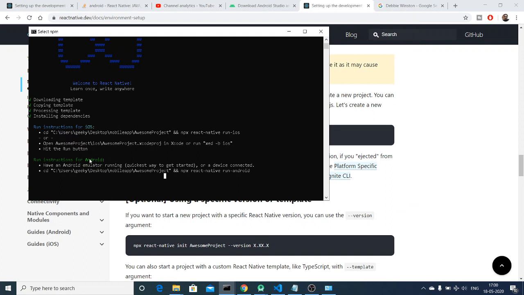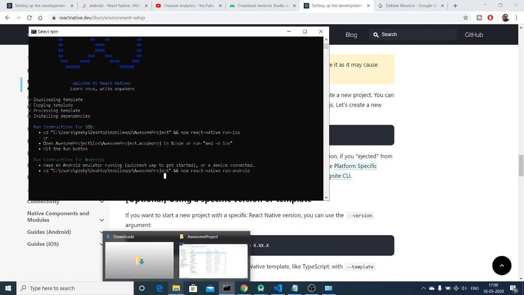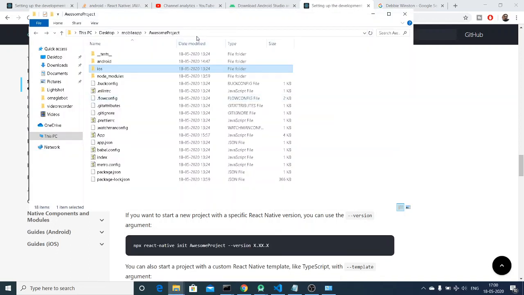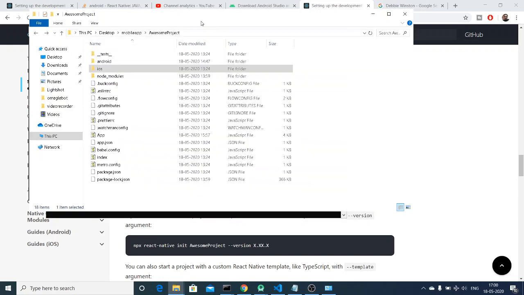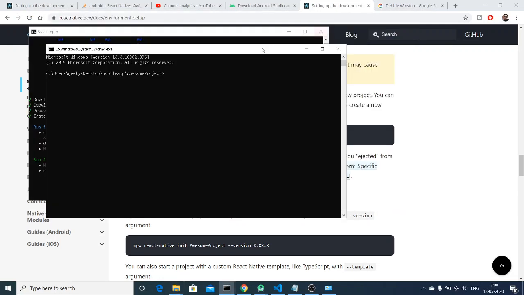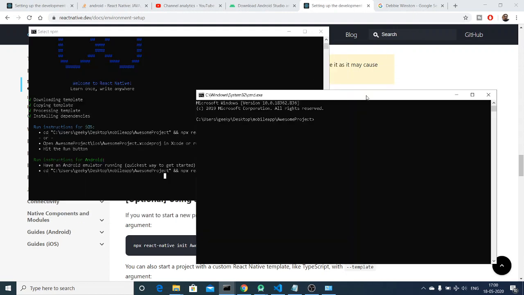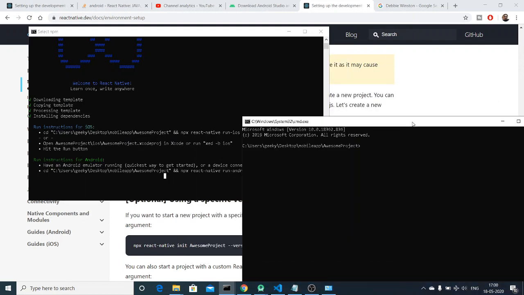Inside this it has given the command in order to run on Android phones, which is npx react-native run-android. Now let me just open a new command line onto my system here, which is cmd, and let me just execute this. Mind you, I have not updated any kind of path here for the Android SDK. If you don't update the path, you will see these kind of errors.